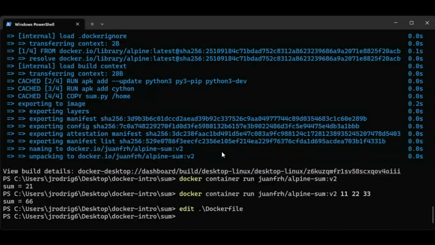Another option is that you can edit the environment variable that is in your container, and you can add the path where the script is, so you can execute that script without